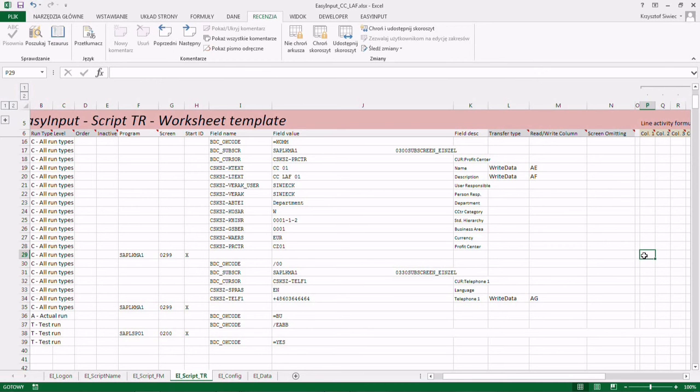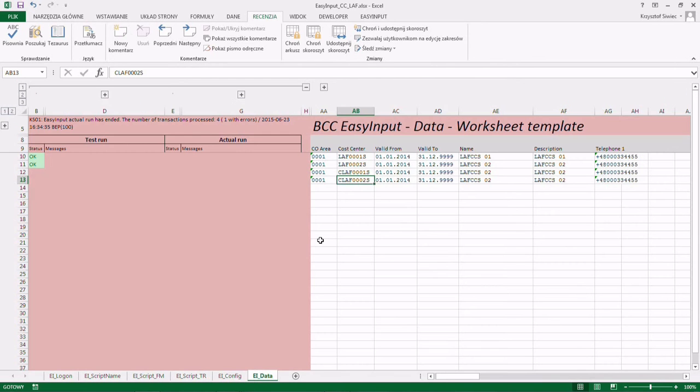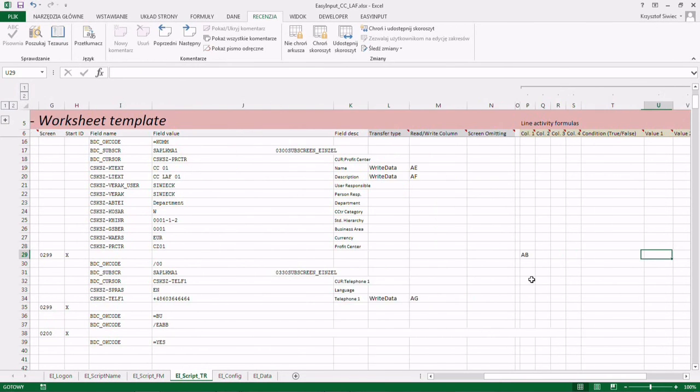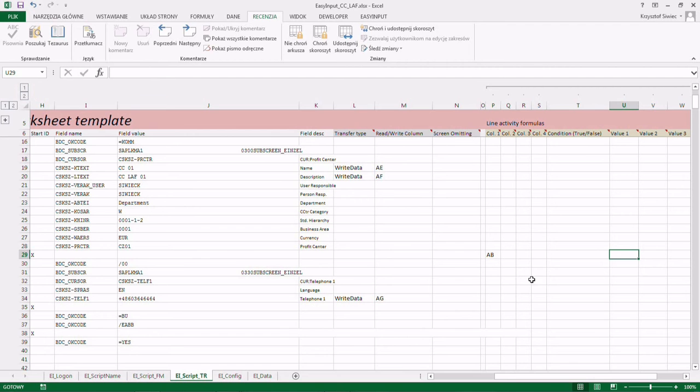with line activity formulas. So here we will put the reference to the column in which the cost center ID is, so column AB, and this will result in the value of this column put here during the script execution. Let's say for the time being it's C1, but it will be filled in with the cost center being executed. Okay,